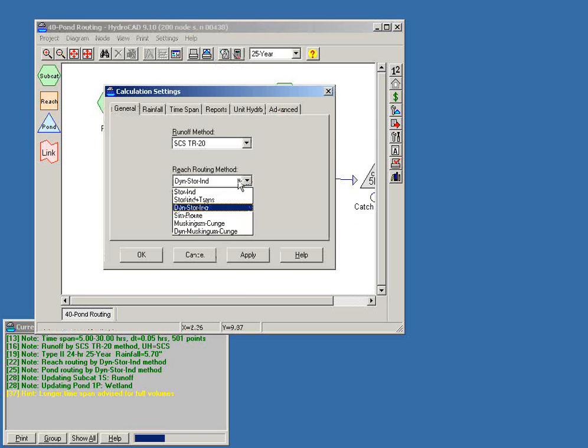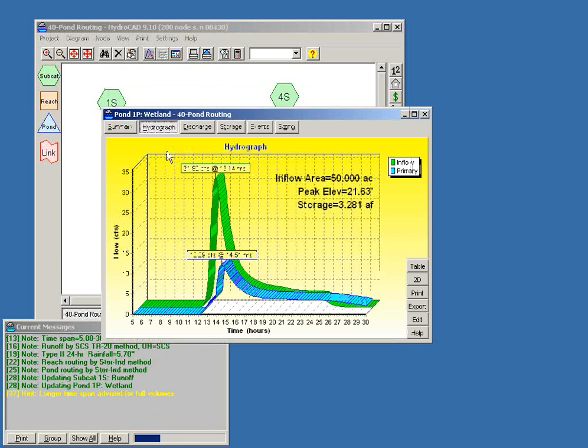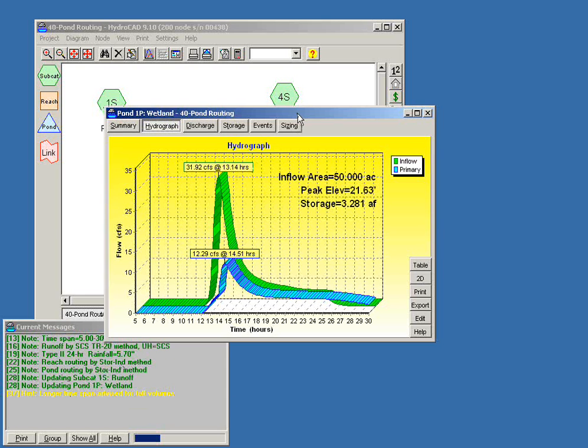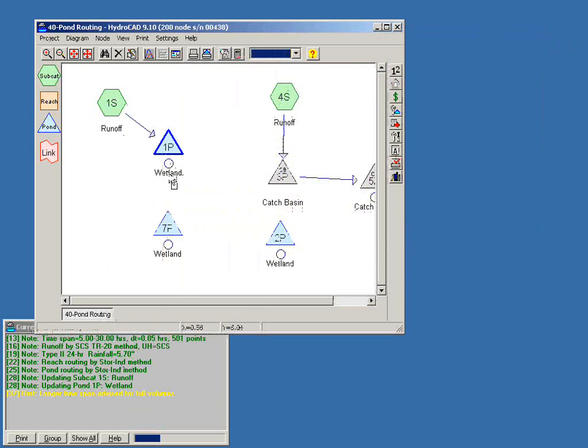I actually want to change this back. Your default routing method is the storage indication method. This is a static routing method that is not tailwater sensitive. But I suggest you start with that default. And when you route through a single pond, let's double-click for the report window. There are no warning messages down here in the box. Everything looks just fine. But if we take the flow down into this lower pond, so two identical ponds, and